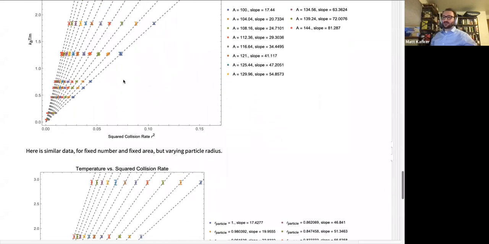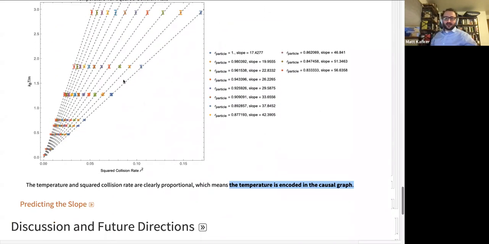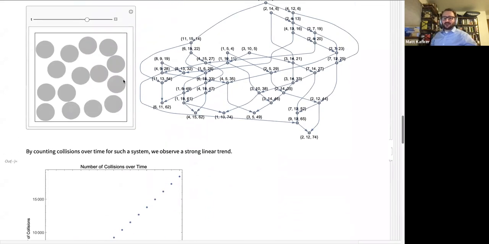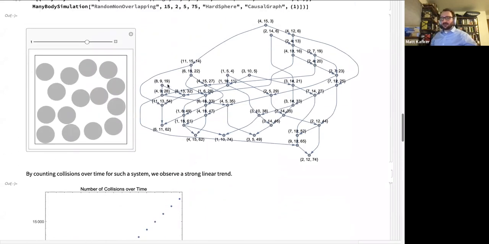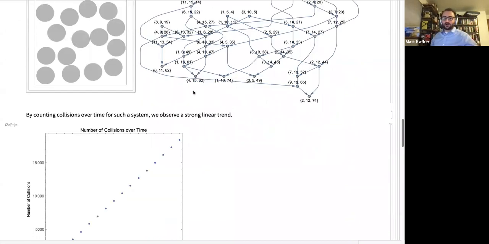So that's really cool. We're seeing that the causal graph has some physics in it, right? And it's not that hidden. The other thing that's exciting about this is we use almost none of the graphical connectivity of this causal graph to get this information. This is a really crude way of prodding the causal graph and seeing what information it has in store.